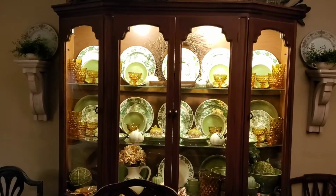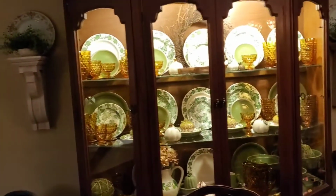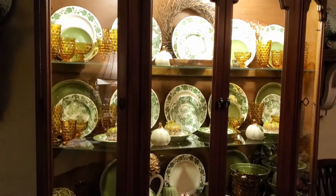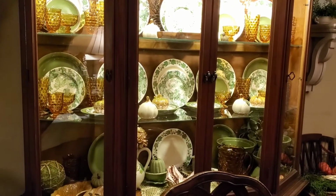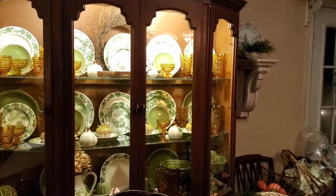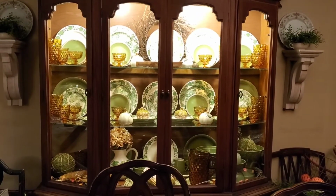Now, it just magically became a fall display with green dishes and gold Whitehall glasses. Well, let me just tell you how that came about. It came about because